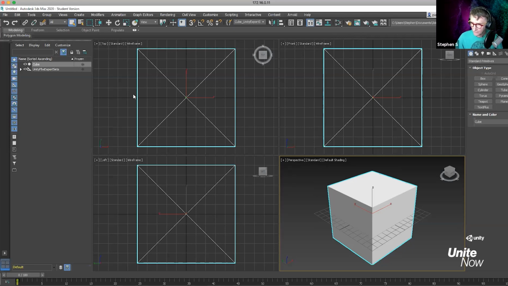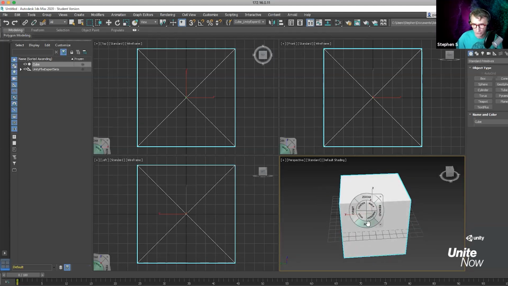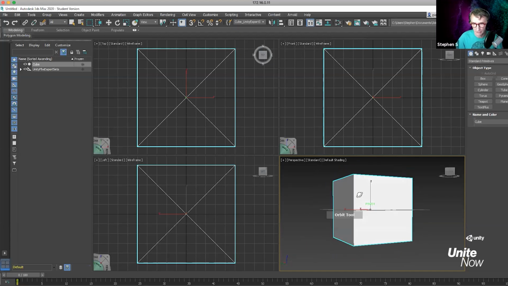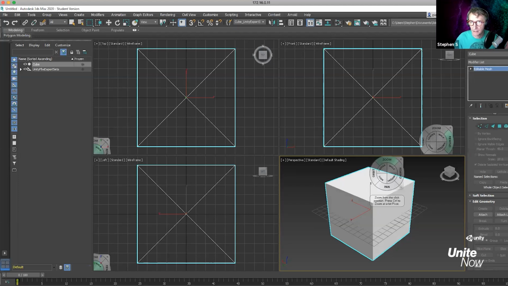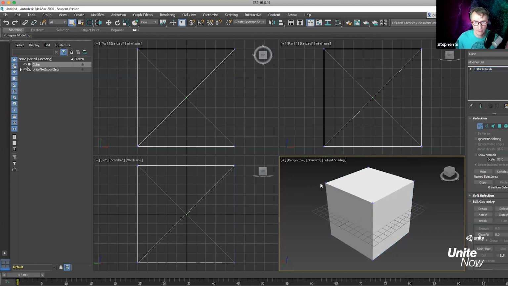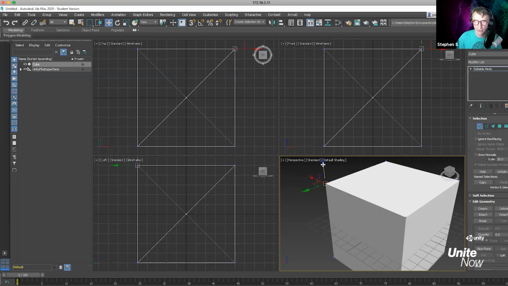So cool. Right. So a couple things with this. I have a couple tips to show you guys. If you guys are new to 3ds Max, one little cool thing I found is if you hold down Shift and press W, you can actually get this little widget that pops up, and you can use that little widget to move things around in your perspective view. Just in case you've never used 3ds Max, it's kind of a neat way to work, right? But I'm going to switch to this Modify menu, and I can switch to editing by vertex, right? I can select the vertex and modify them. So I can change my object by vertices if I want to.